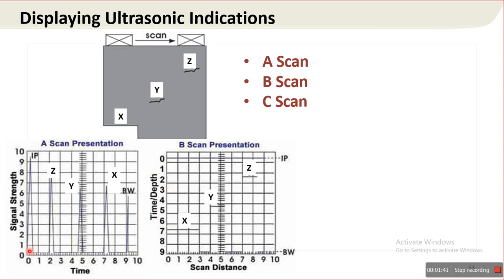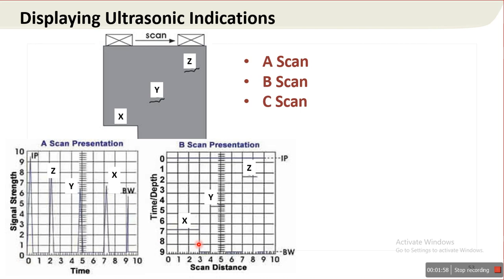So if you concentrate on the A scan, the scale starts at the lower left corner only. So 0 starts at this lower left corner.